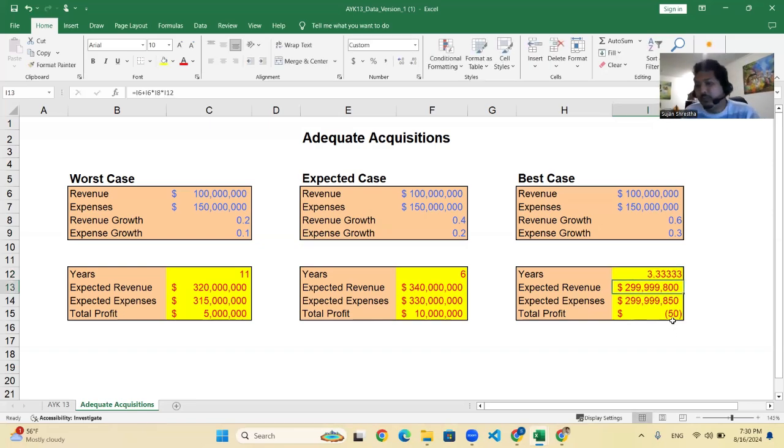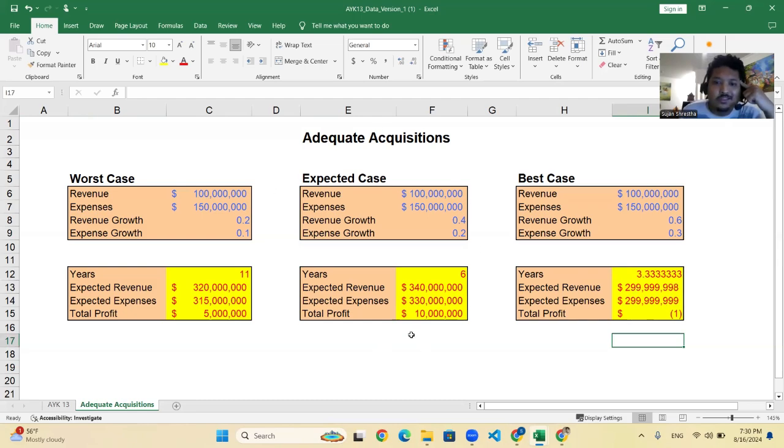Still negative, a negative dollar amount. We can keep going, still negative. So this will be fine, I guess. So for the best case scenario, it takes 3.333 years to get to the break-even point,